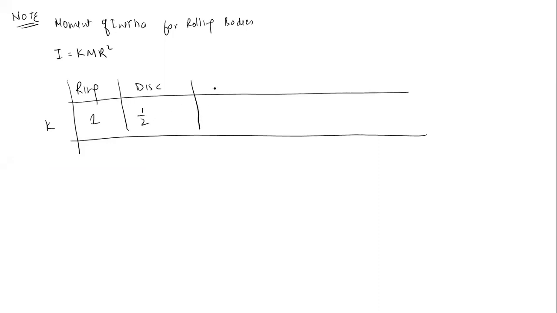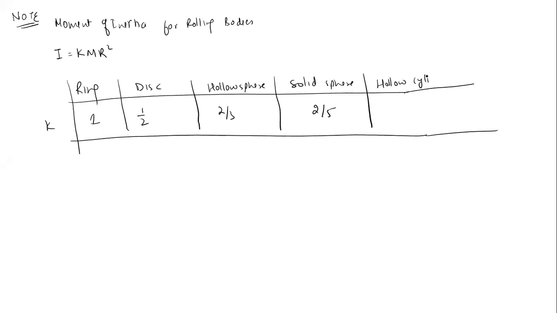Then for the hollow sphere, it is 2 by 3. Very good. Then the solid sphere, it would be 2 by 5. Then if I ask you about the hollow cylinder, what is the value of k? 1. Yes. And for the solid cylinder,